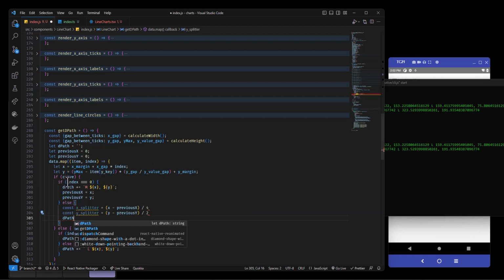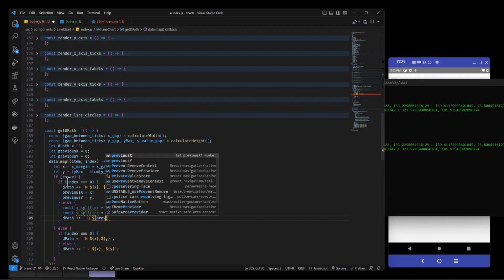And then dpath is going to equal, we need a q for this, but that's for like quadratic. And then we're going to say the previous, make this a $, previous x